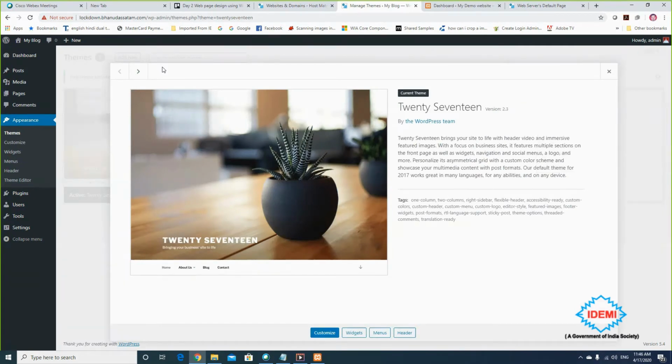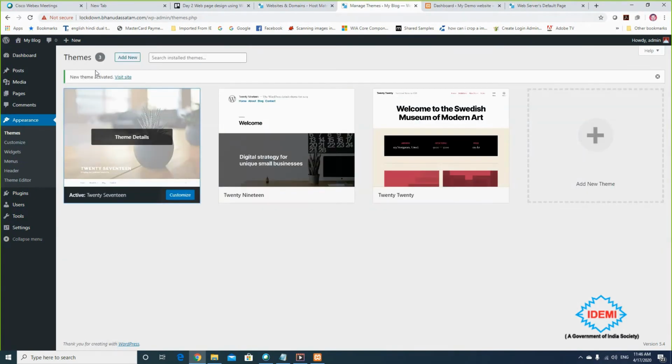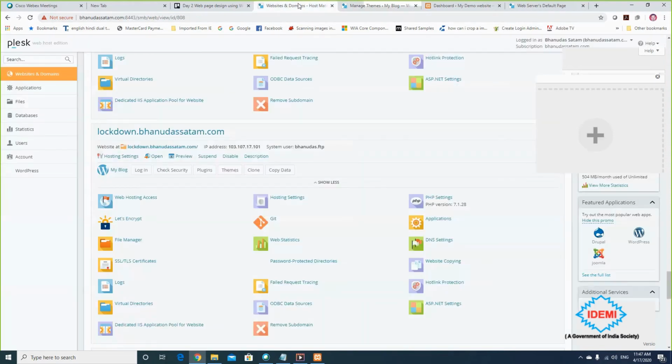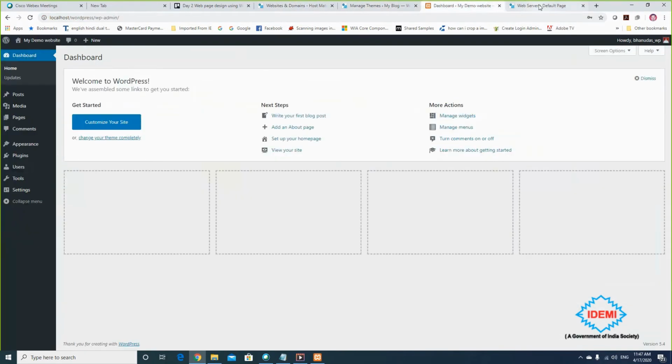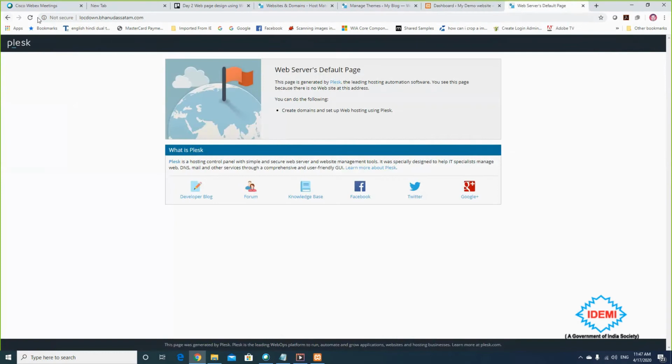And I want to see why it's not showing. It is because my Flex is having some problem redirecting the domain name.